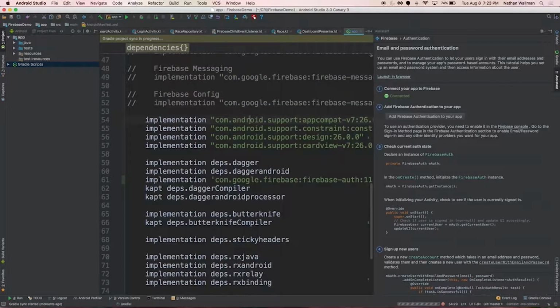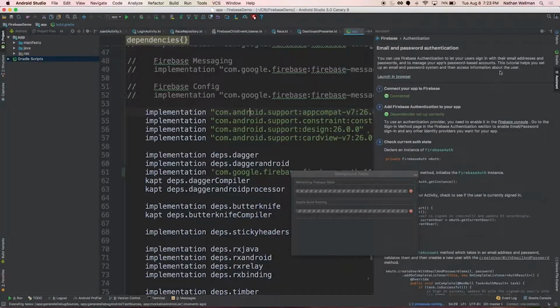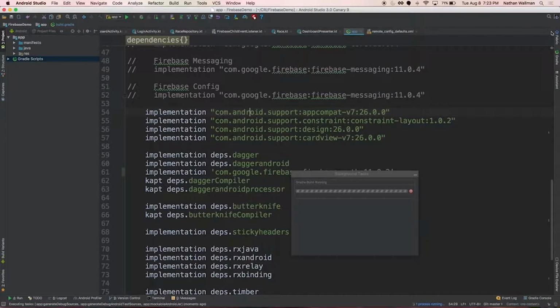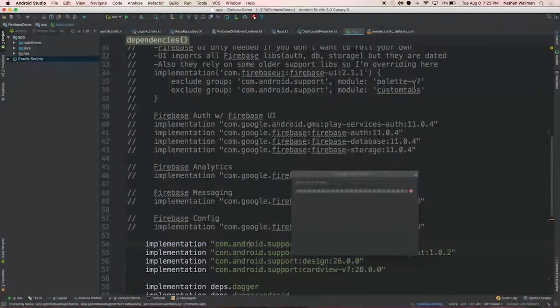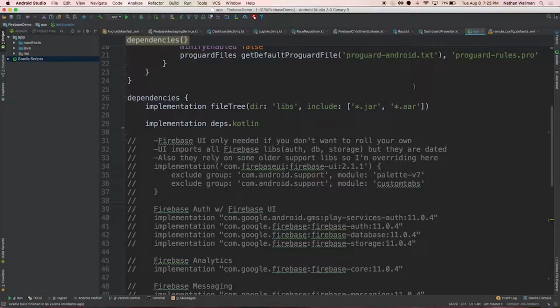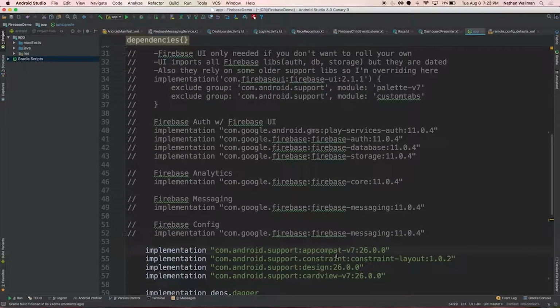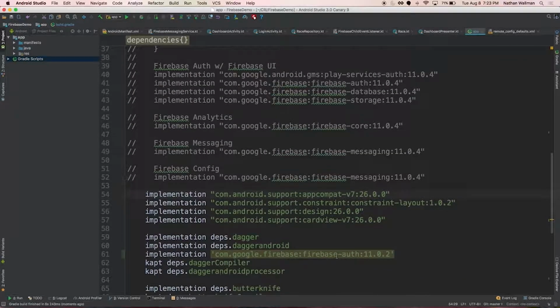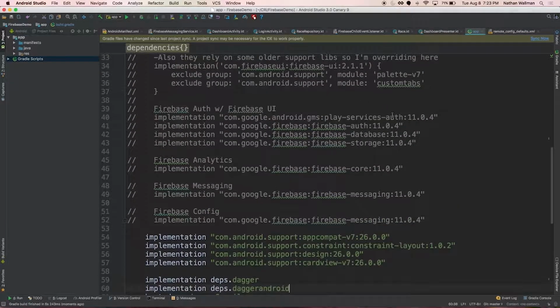So let me go to my Gradle file here. I went ahead and already went through these. Some of these are the Firebase UI component, which I'm going to be using, had some complexities in terms of it's based on older versions, so I went ahead and overrode those. So let me remove this here, and I'll use the ones that I've